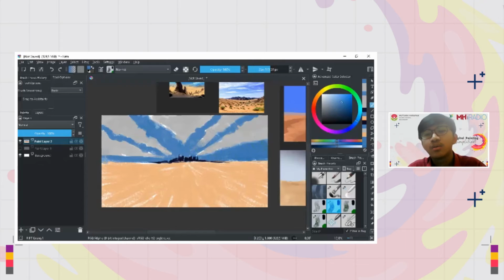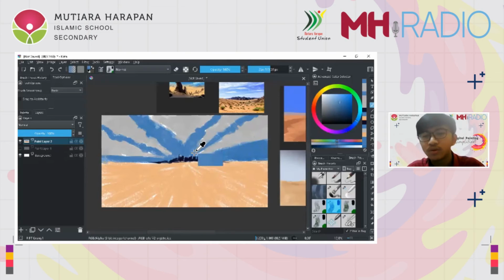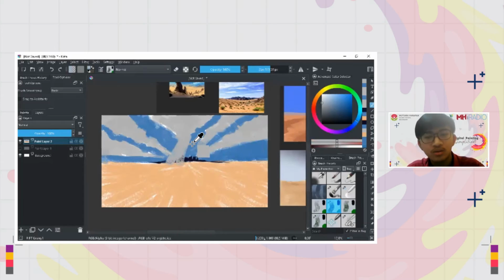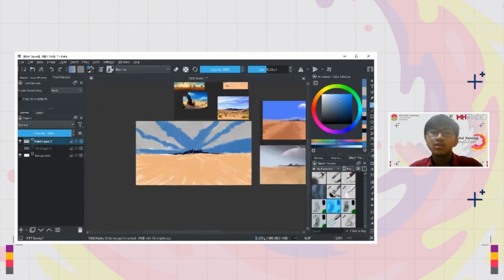I am also constantly using the control button to color pick the colors that are already on the canvas. And I usually undo, which is a universal button, which is Control Z. And I'm just going to use those buttons for probably the rest of this painting process. I think to make it a lot faster,